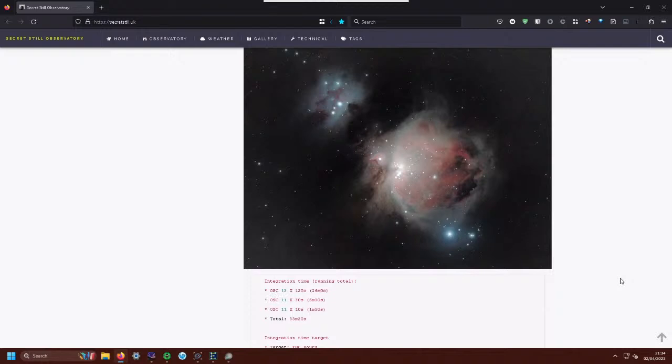13 of 2 minutes, 11 of 30 seconds, and 11 of 10 seconds to create a kind of HDR, high dynamic range image, to hopefully capture some of the bright and some of the less bright parts of the nebula. And this was done with a much wider telescope. So we're currently looking at probably just this central section here,